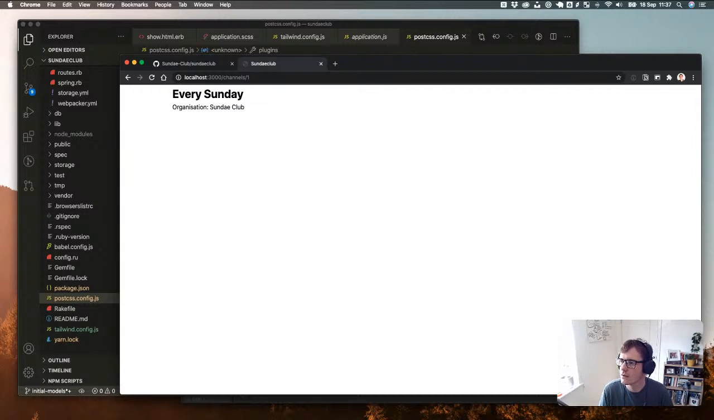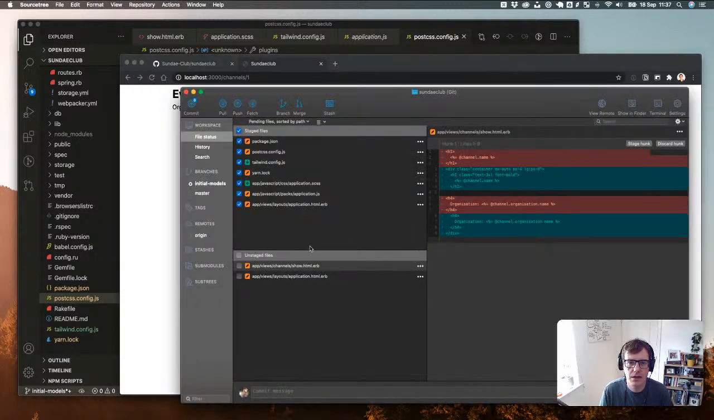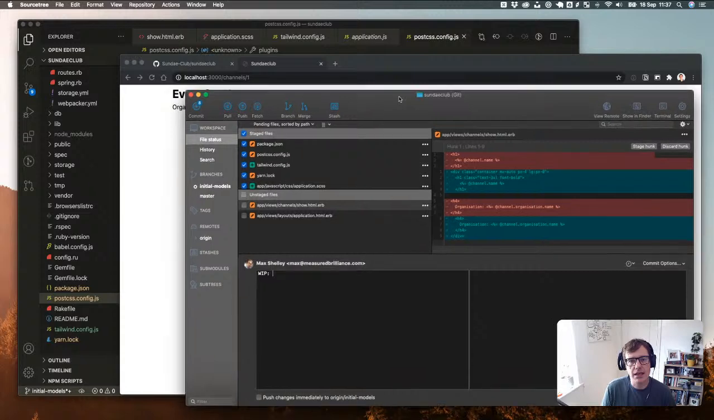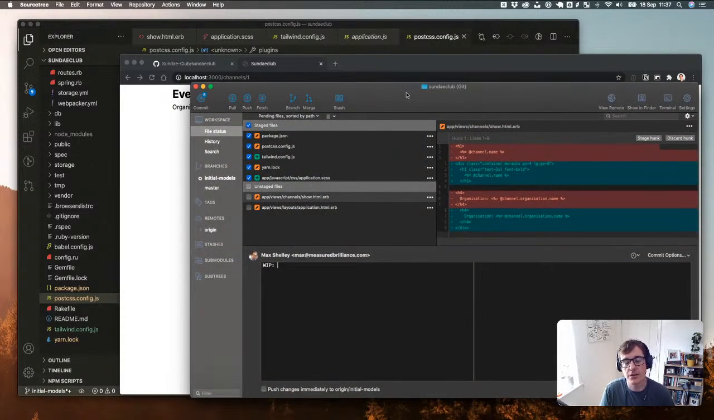Okay, so let's bring Source Tree back. So we're just going to carry on. We're going to make this a WIP commit as well. We're going to go through and we're on again. So everything, sorry, I'm not finishing a sentence. Everything on the screen here